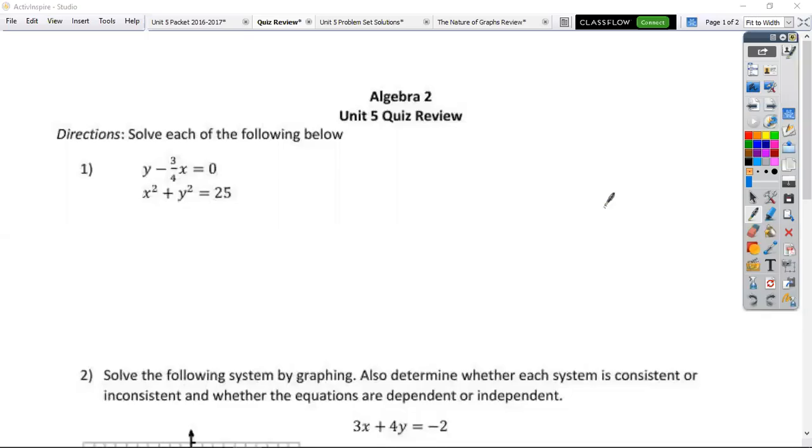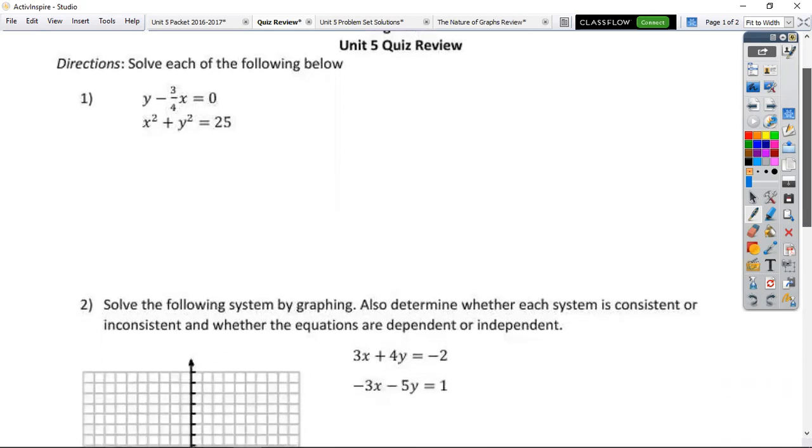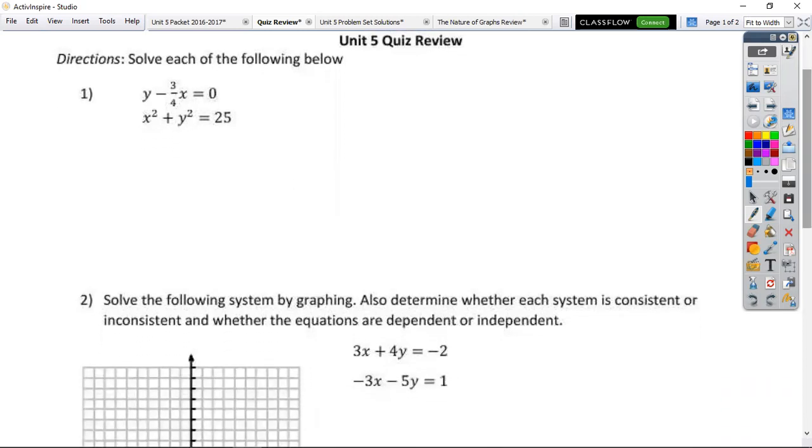Okay, so in front of you is a sheet that has review problems from everything we covered in Unit 5, which was a short unit. So the first thing we did back in day 1 and 2 is we did these with substitution and elimination when you had a system with like a line, a circle, or a parabola. Do you guys remember that? Okay, so I want to go through number 1 on here with you, just because algebraically, sometimes these do get